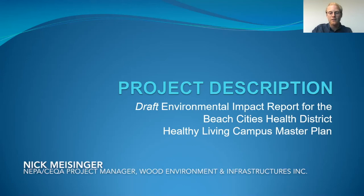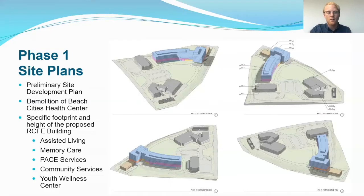The Beach Cities Healthy Living Campus Master Plan is divided into two phases. Phase 1 of the master plan is analyzed as a proposed project. Phase 1 has a preliminary site development plan that defines building footprints, building heights, landscaping, and circulation. Phase 1 would begin with the construction of the Residential Care for the Elderly building, otherwise known as the RCFE